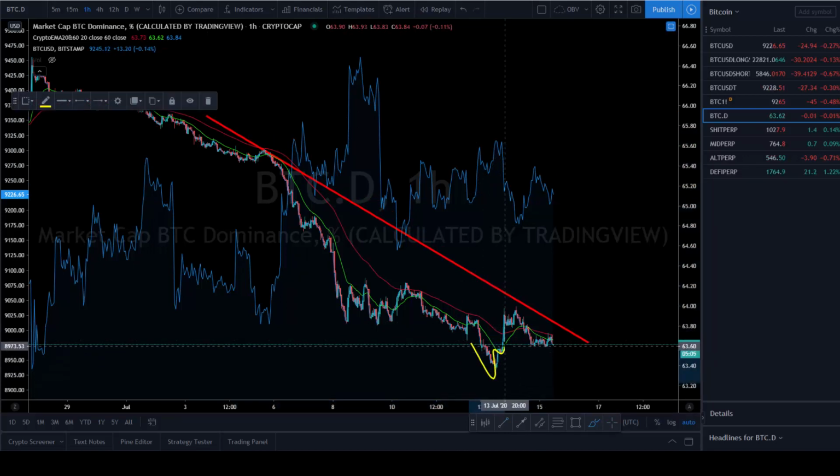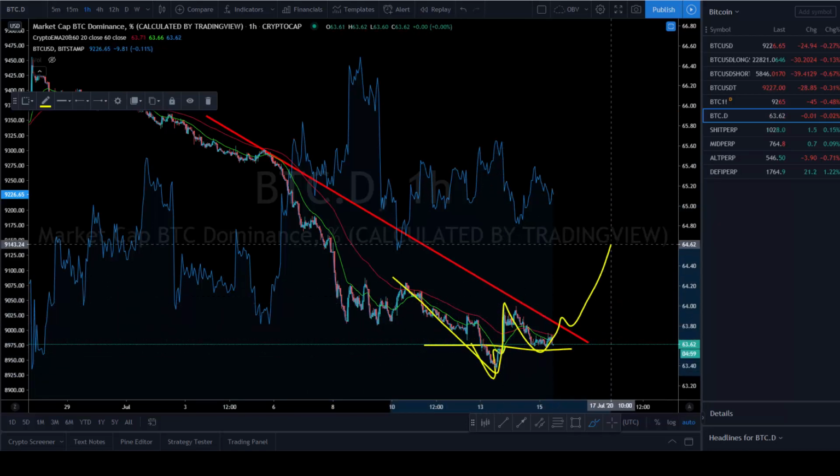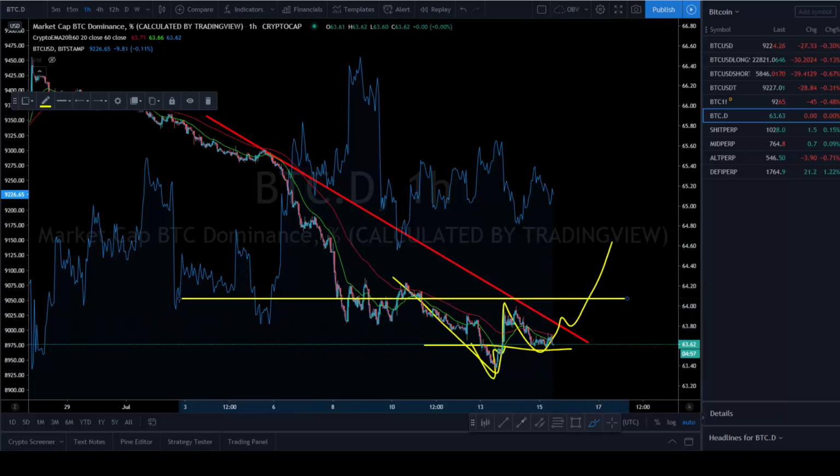We've got a little 1, 2, 3 right here. Prices are holding above it. That makes it a larger 1, 2, 3. So if dominance starts to break up this way, pay attention that your alts may be staying the same value in US dollar, but Bitcoin is going up in US dollar value. That'll make the alt versus Bitcoin pairs pull back temporarily.